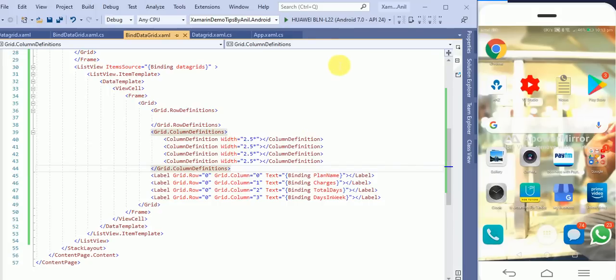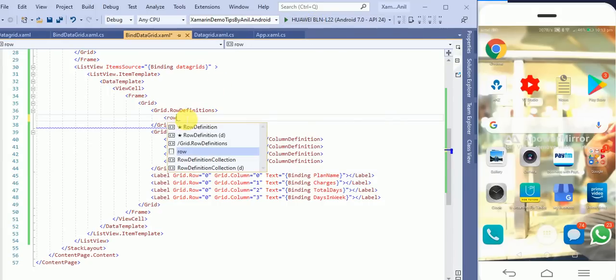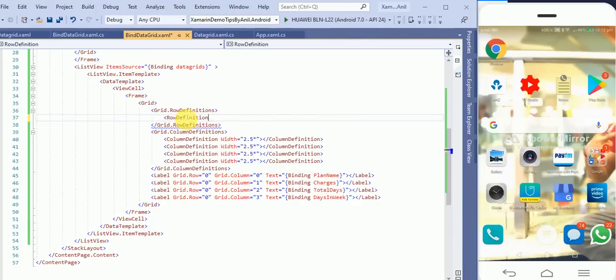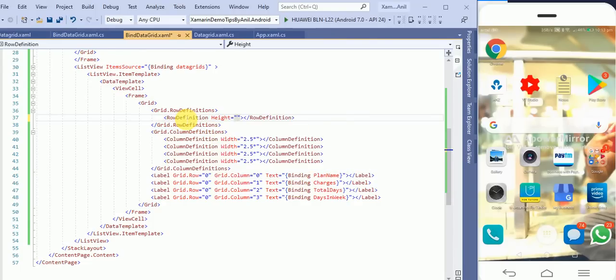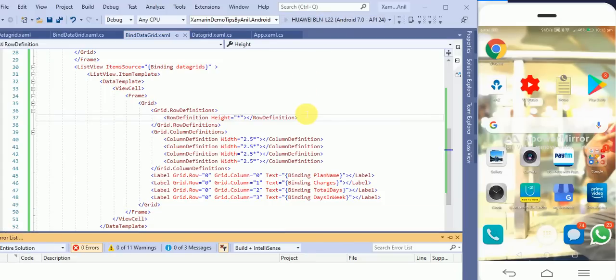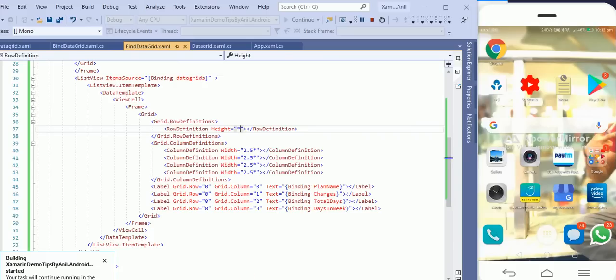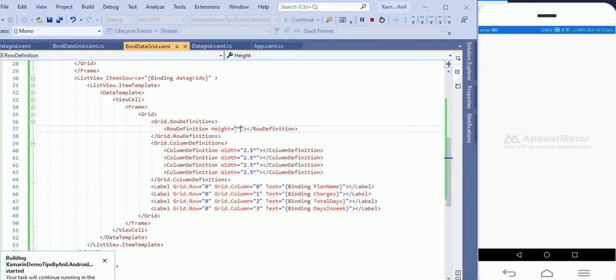Okay, and in row definition we will define the row definition. Height equals to asterisk. Skipping the video because it will take time.